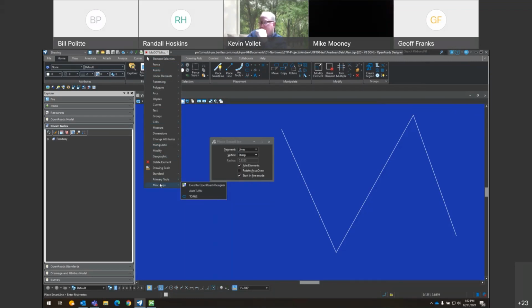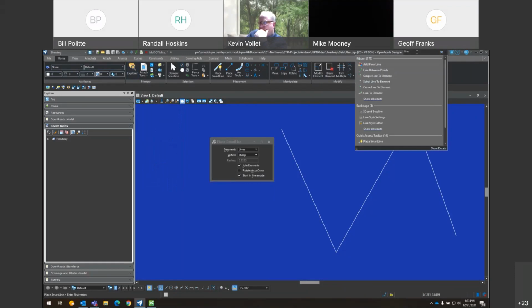Well, the search window or the search ribbon. If there's a tool you're looking for and you know what it's named, you can use the search ribbon. So if I wanted to find line between points, but I didn't know under what workflow or what tab or what ribbon I needed to go, I could just start typing line.